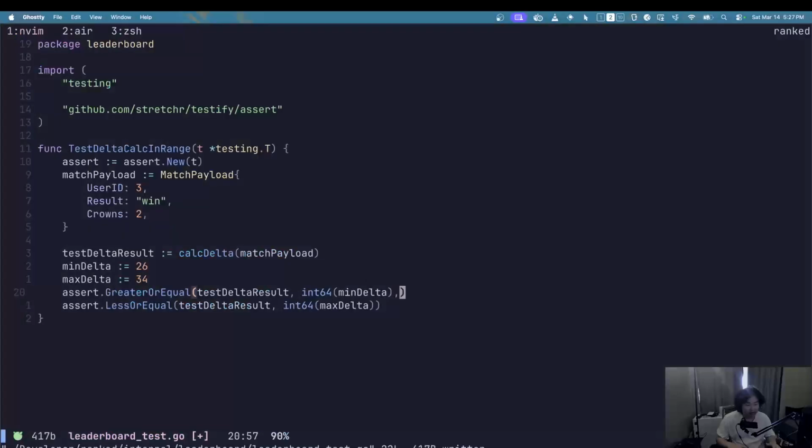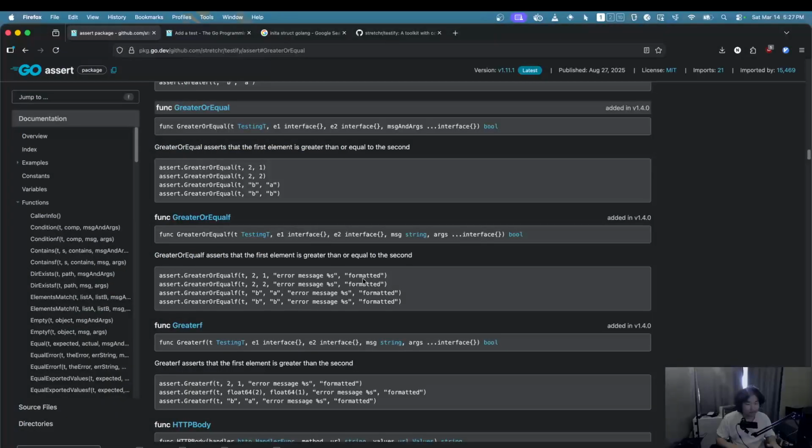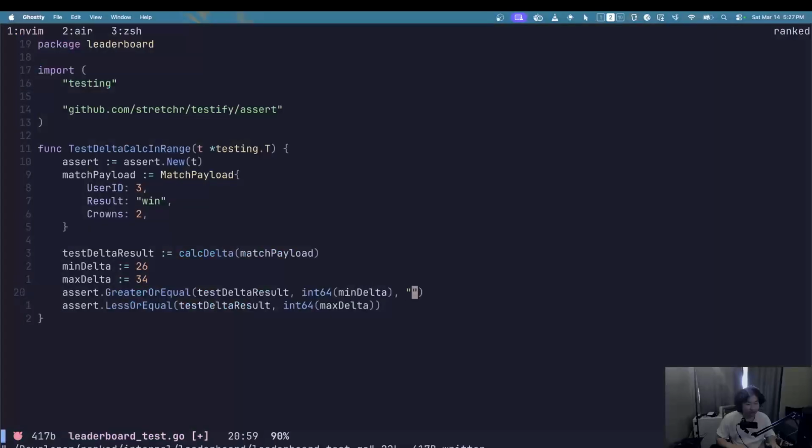The message is after those two values. Test, or I guess... is not, test, yep.